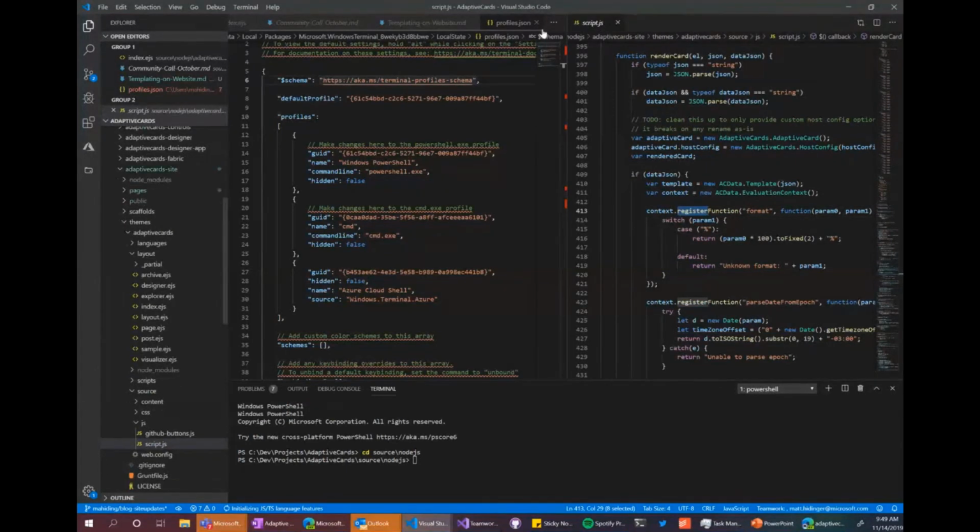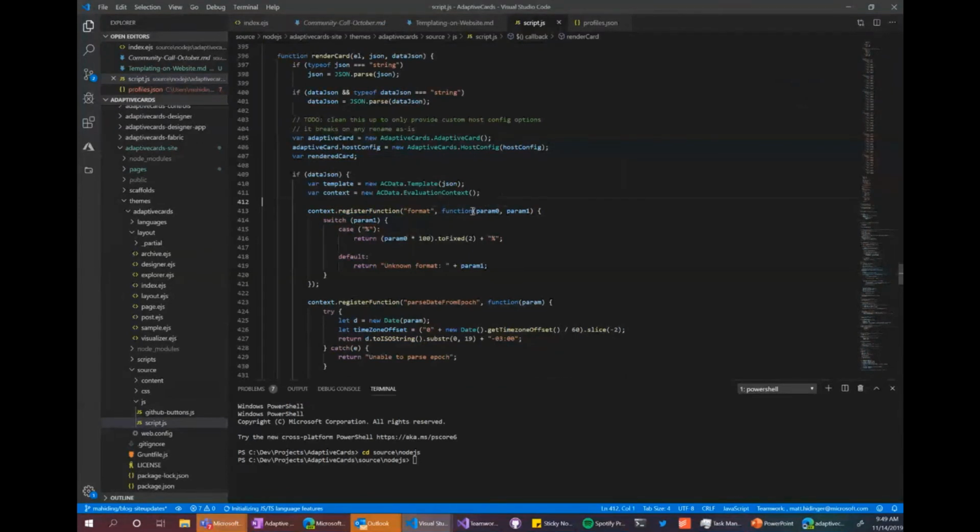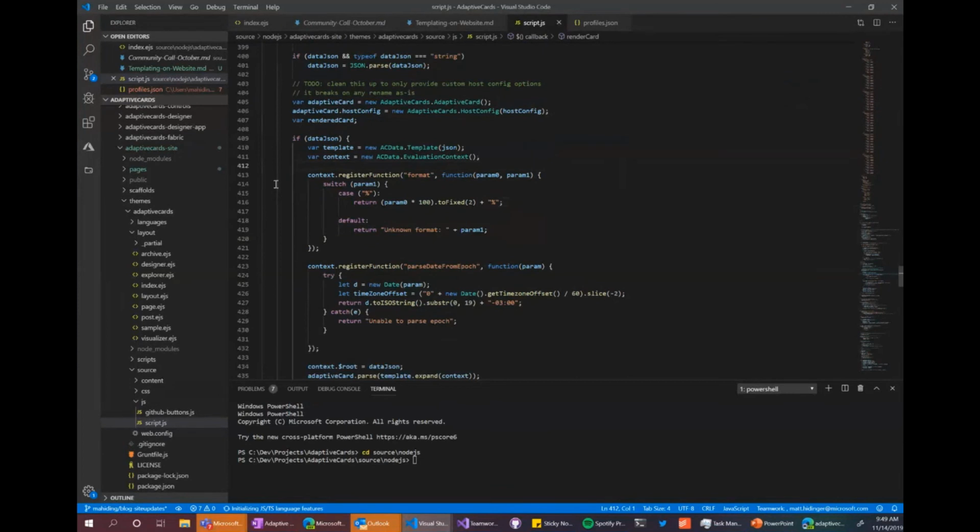If you are using the JavaScript library called Adaptive Cards Templating, there is an API, and this is documented on the package itself, where you can register custom functions. You say, I want my function to be this, and then just write a callback and do the thing. So there is an API that exists where you can write any custom functions you want as we're working on standardizing the existing functions. So if you're using JavaScript, you can use this today.